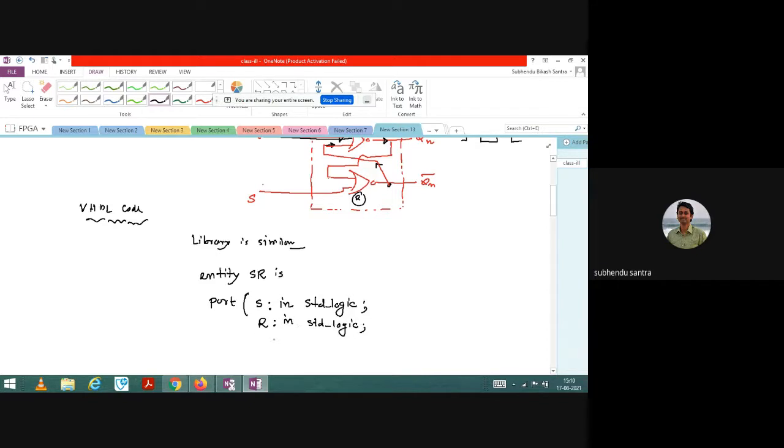Now there are other ports as well. You can see this is Qn bar and this is Qn. So how do I write? Let us say Qn and Qn bar.